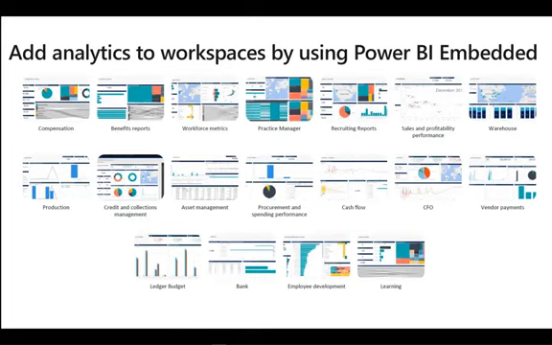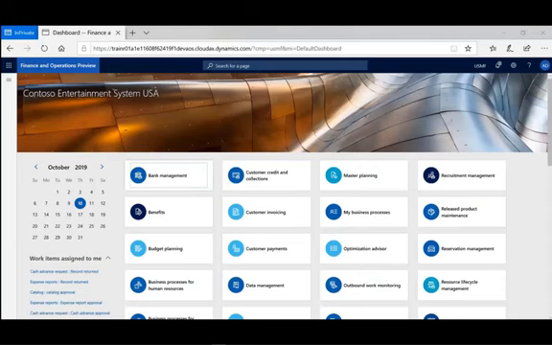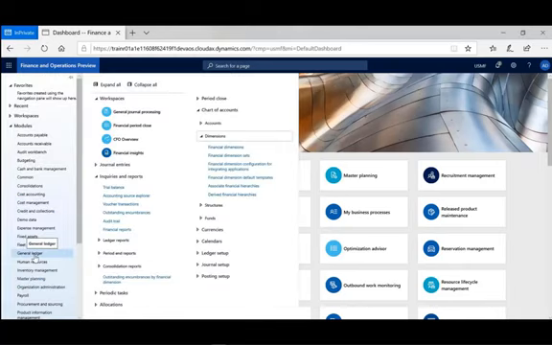Okay, let's have a quick demo about generate and explore financial report. It's always good practice before we prepare a financial reporting. We need to double check the financial dimensions used for financial reporting. To check that, go to General Ledger, Chart of Account, Dimensions, Financial Dimension Configuration for